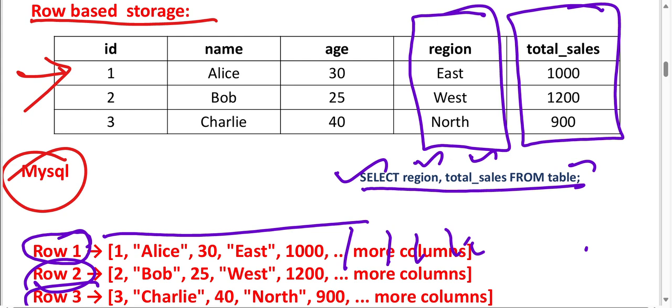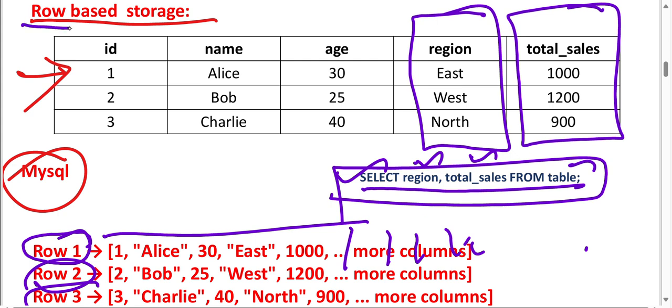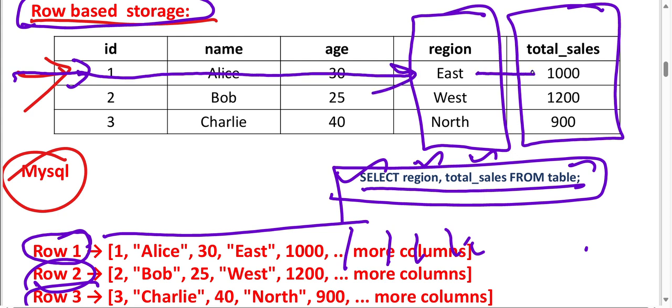Now what is important is, when you execute this query in MySQL, which is a row-based storage, first it will come here, then it will go like this. Here we have the target. Again, here we have the target. Next, again, it will come here, coming like this.